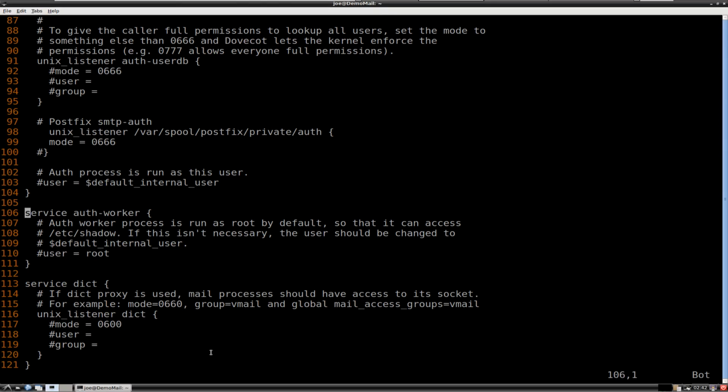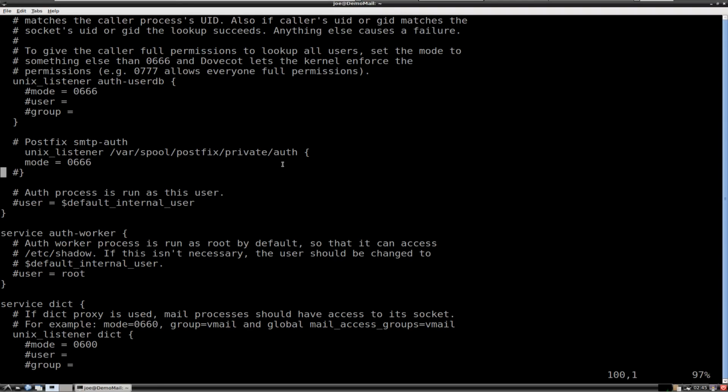Now it said there was a problem with that line 106, I think. Okay, so this is why you need to be careful when you uncomment things. When we uncommented this guy here under SMTP auth, we forgot to uncomment this curly brace. So hopefully you guys caught that. If you did, kudos. If you did not,